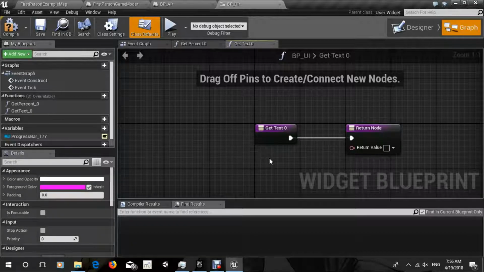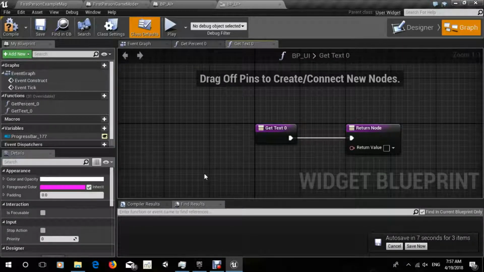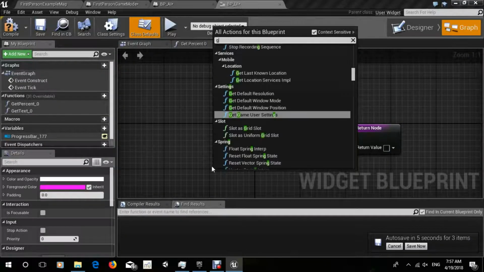So before we can show our score, we have to know what our score is. We're keeping track of our score in our first-person game mode blueprint, so we need a reference to our first-person game mode before we can actually show the score. So let's get a reference to our first-person game mode. Right-click, type get game mode,